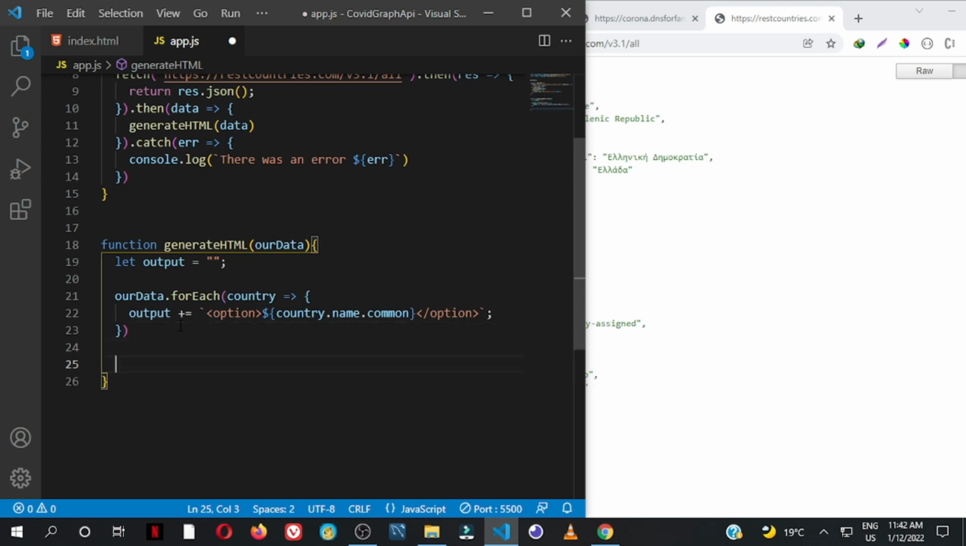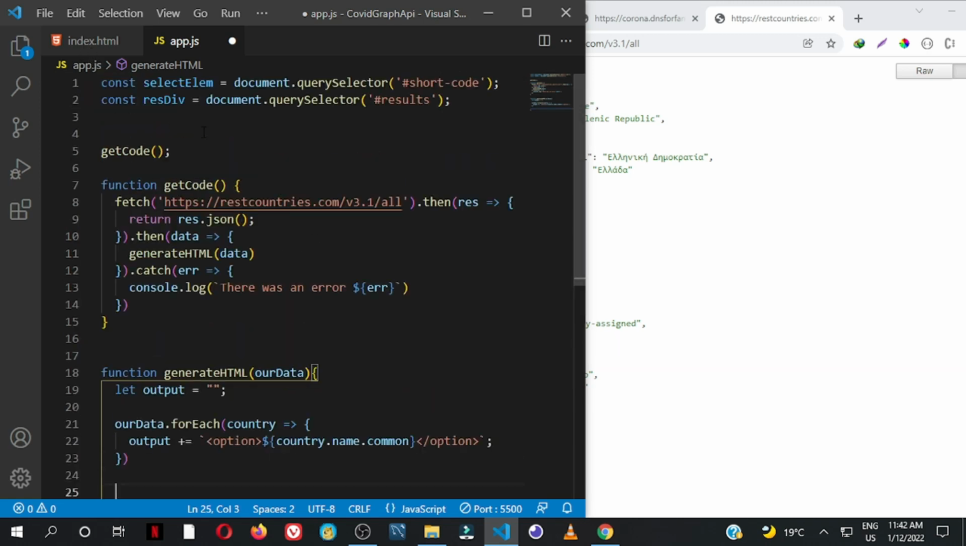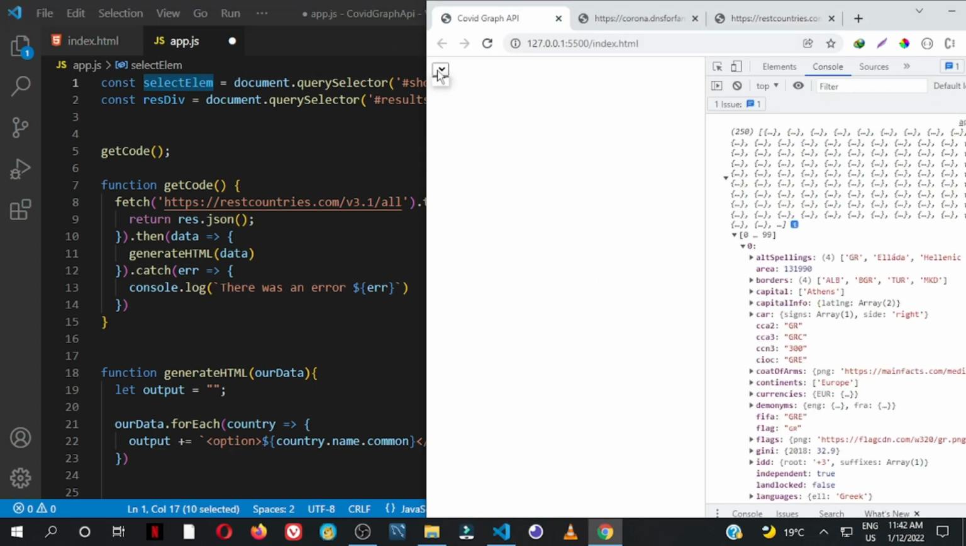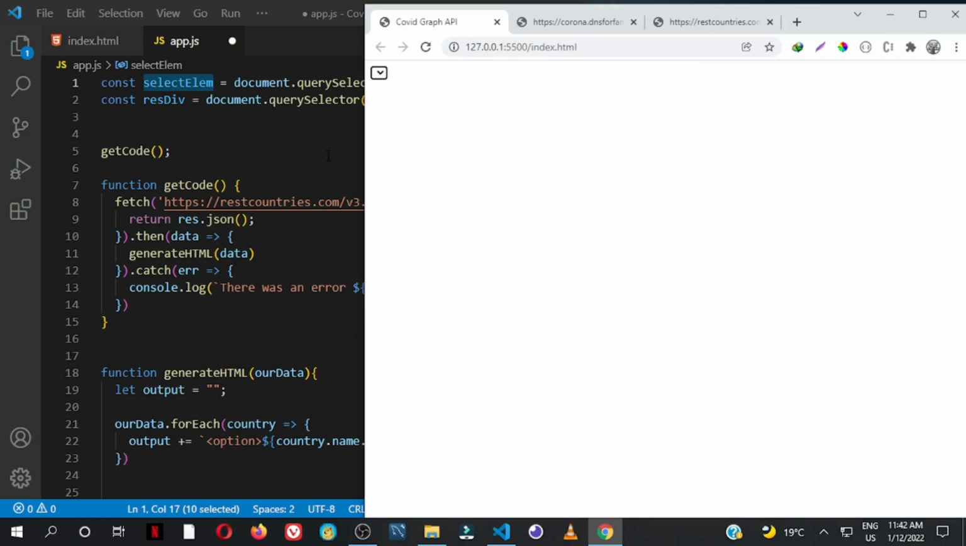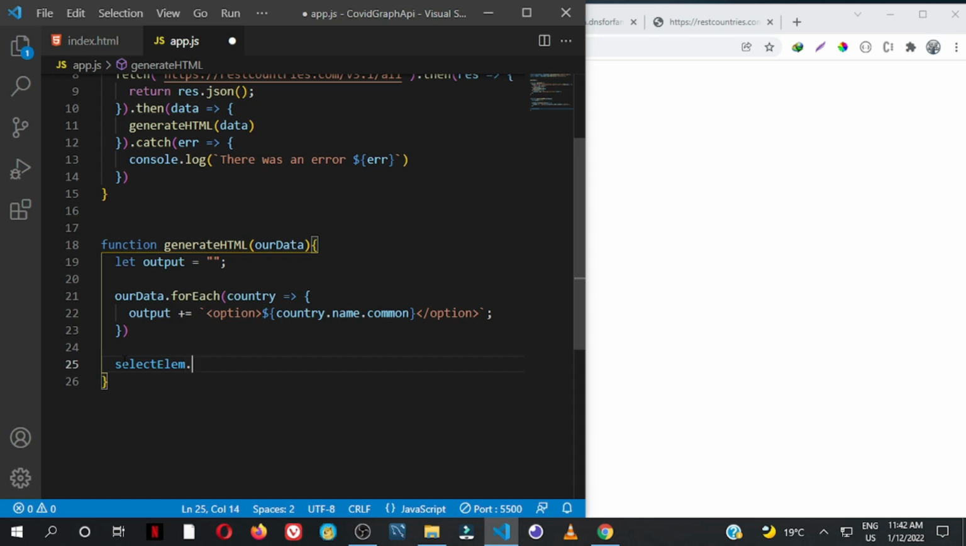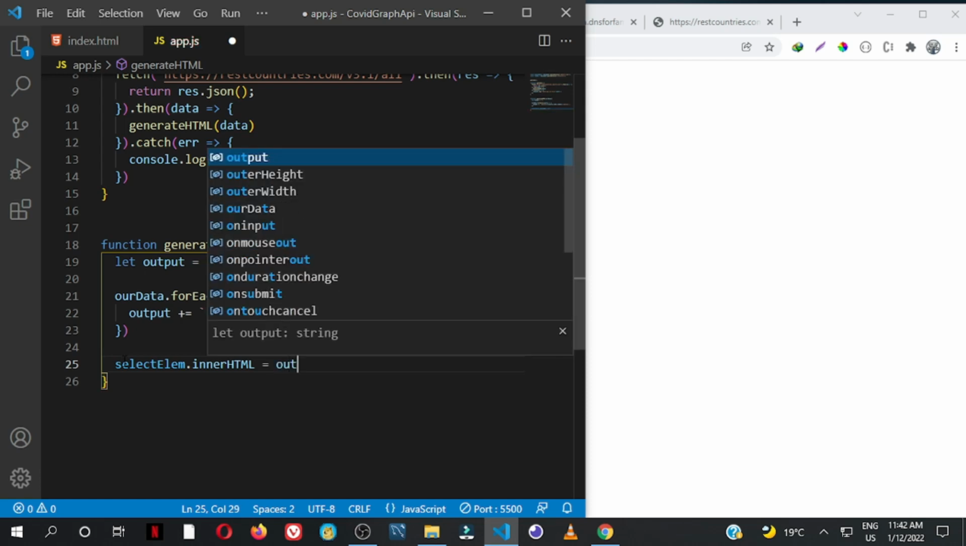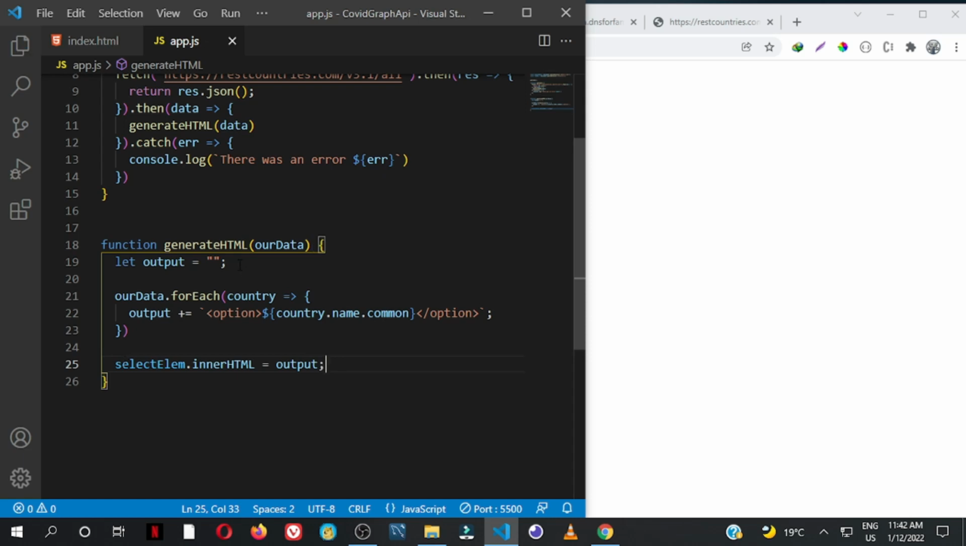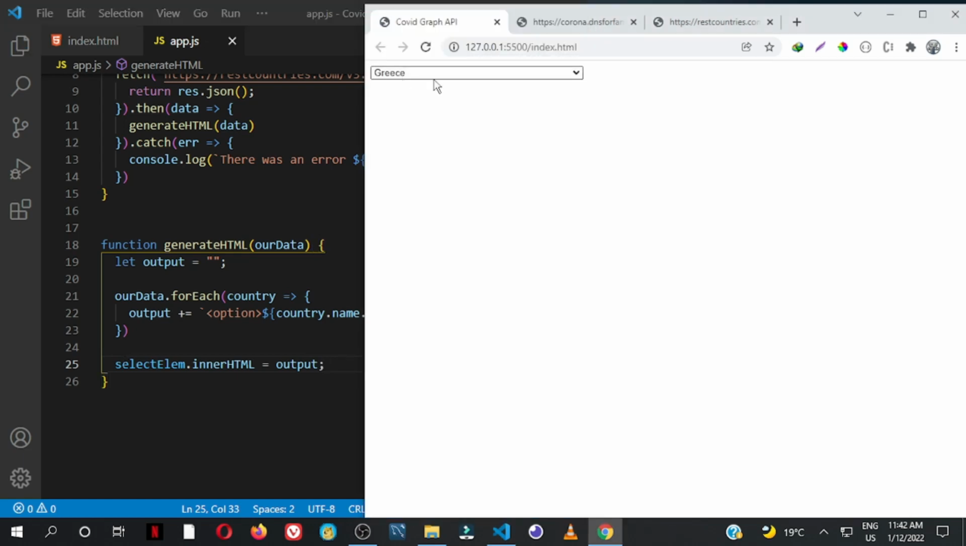We go outside here, and then we get the element that we selected, which is the select element. We want to inject all those countries in this select menu. Let me first close out this. Remember, we already selected it here, selectElm. So here we shall say selectElm.innerHTML, and we set it to output. Save that, and we should see a list of countries injected in this